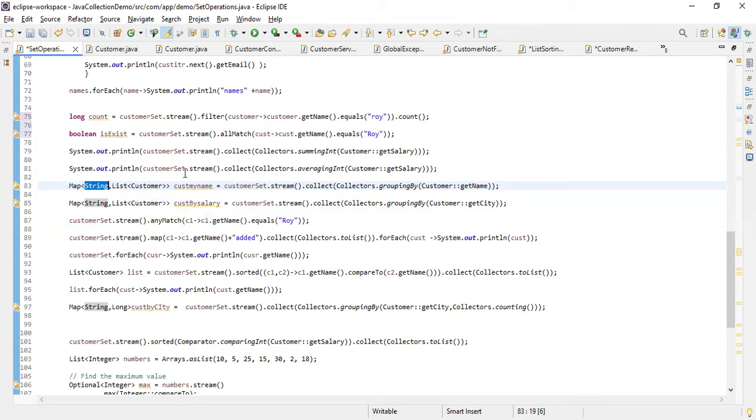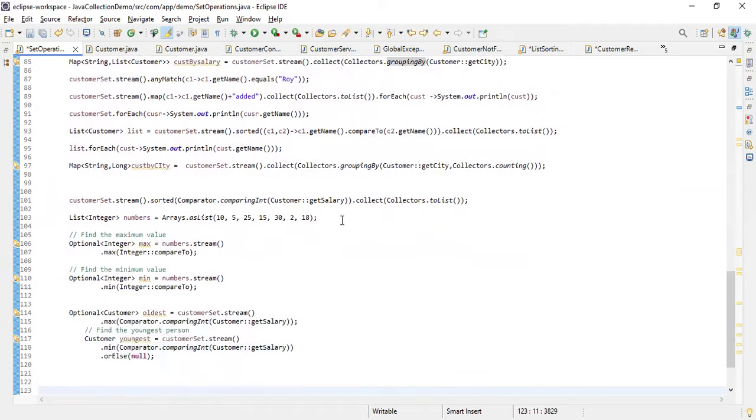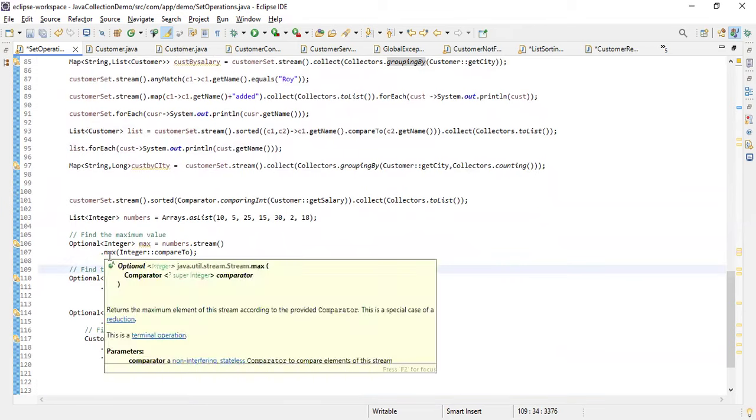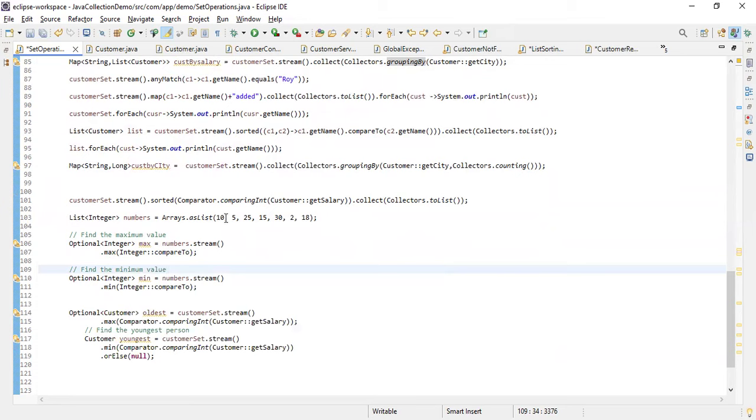So this is the way you can check it. Exactly, it is grouping by, correct? So average, summing, right? If you have taken a sum, or if you want to take a map here. In that scenario, there is also mean and max, right? If you want to find out the max element from this list.